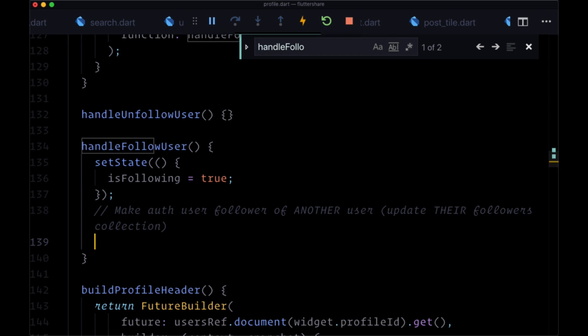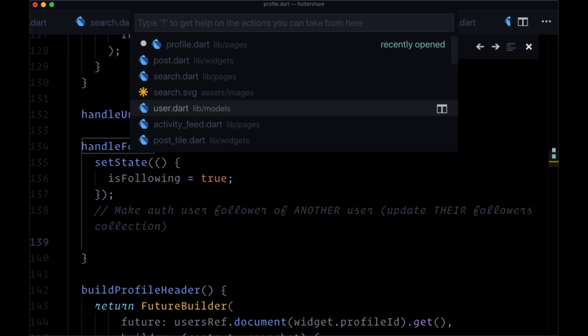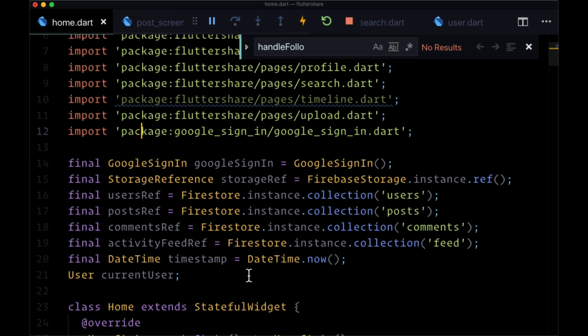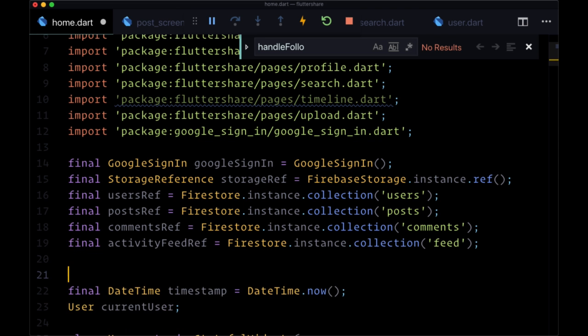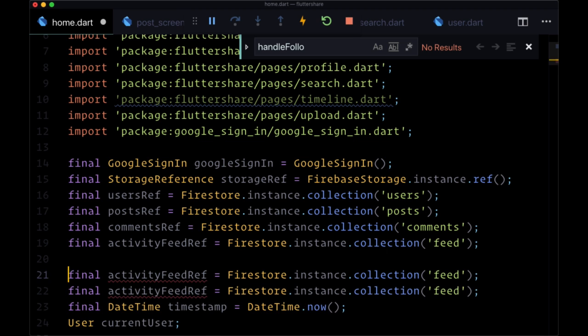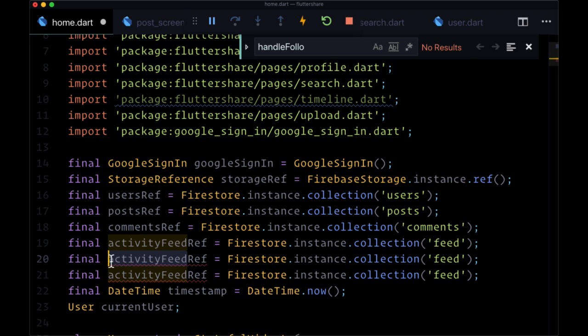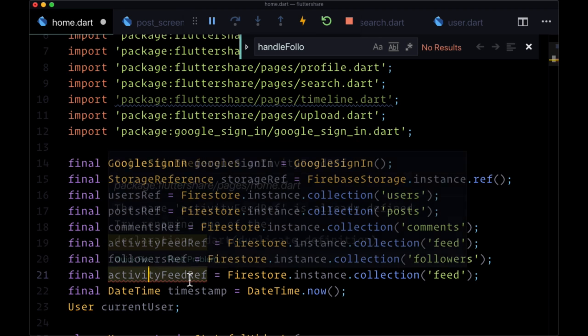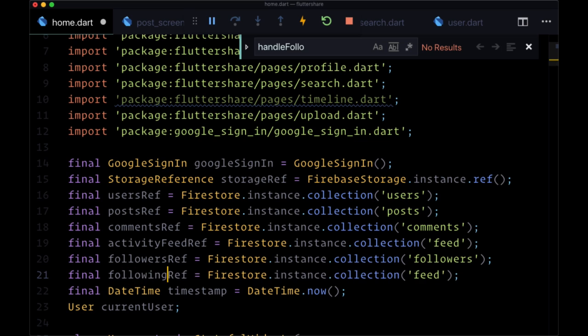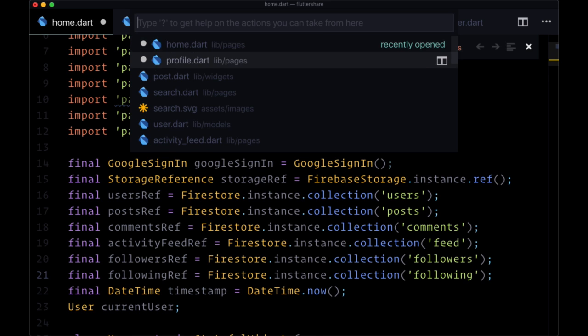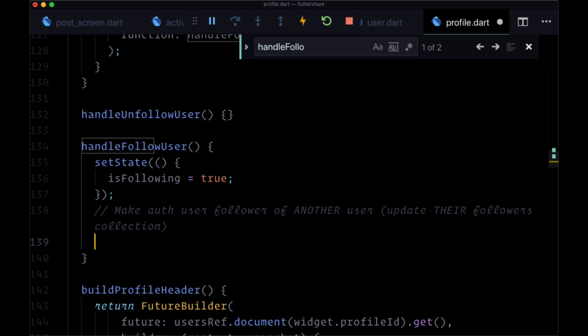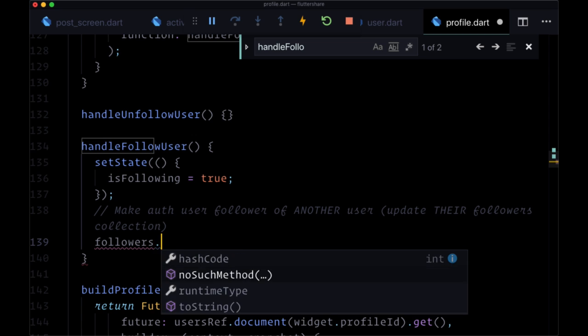So we're going to make a ref in home.dart, as we always do. First, for the followers ref, referencing our followers collection, plural, and then a following ref, singular, referencing a new following collection. So heading back to profile, we're going to take the followers ref